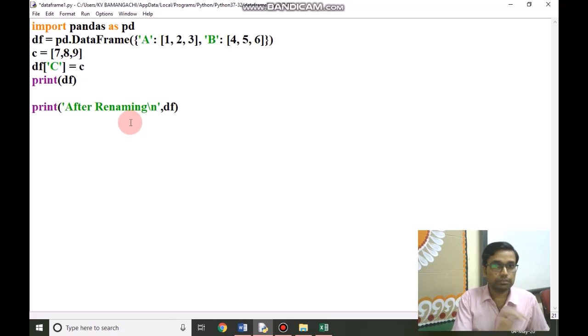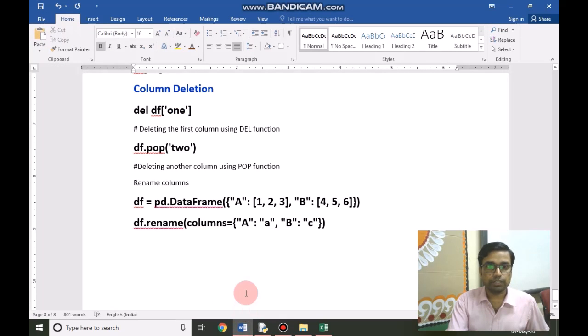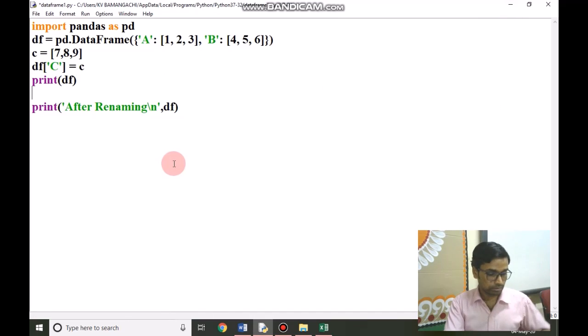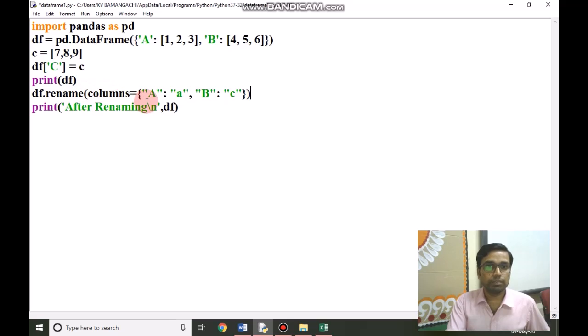And we have to give here the code df.rename. As you are looking here, df.rename, then columns.